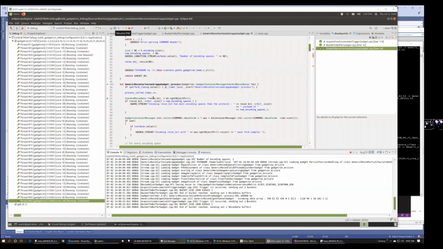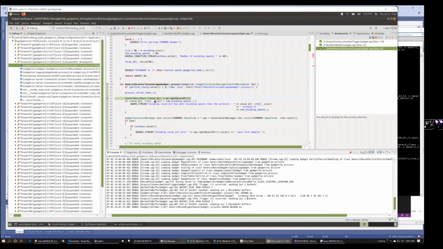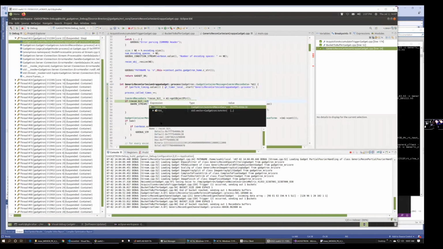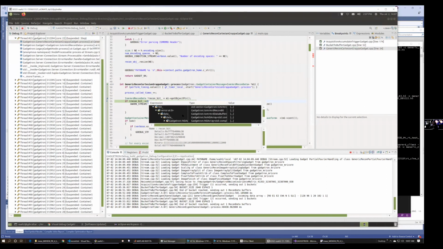Then it's coming back with this recon data. If we do F6, then if you check what's in this recon data, we can see it has data and reference. If we look at data, then data has a HOND array. If we look at the dimensions,